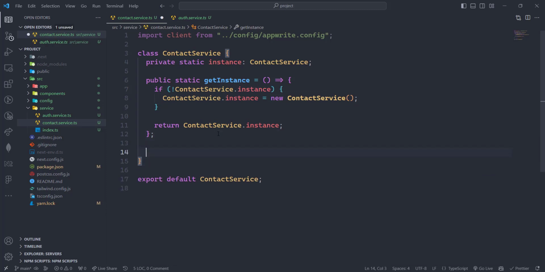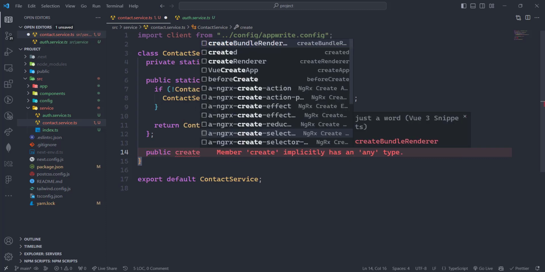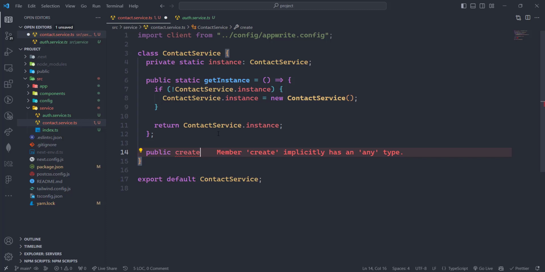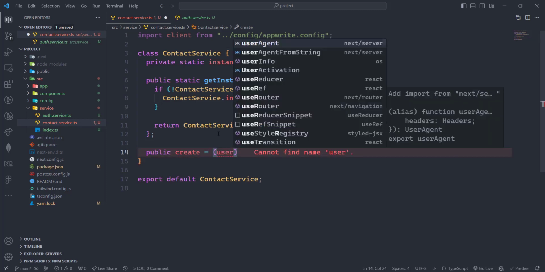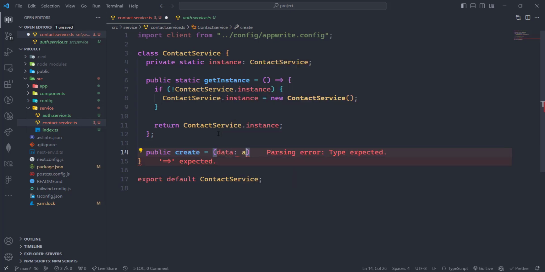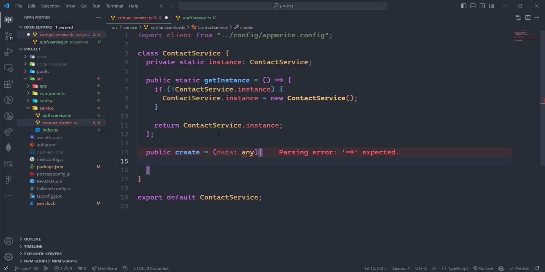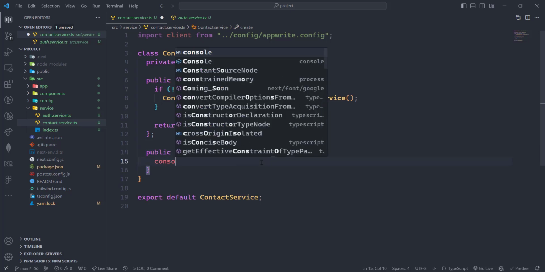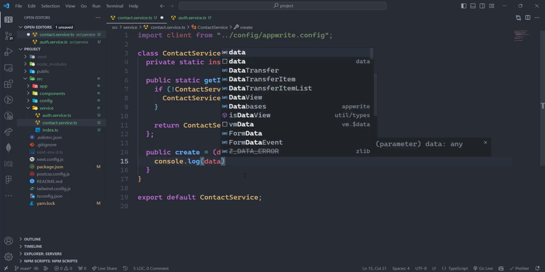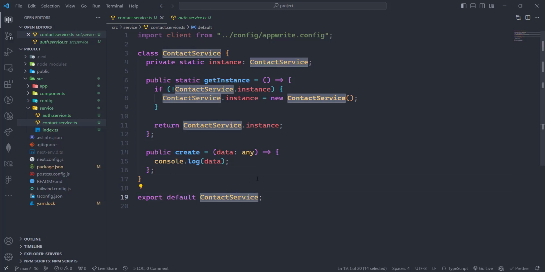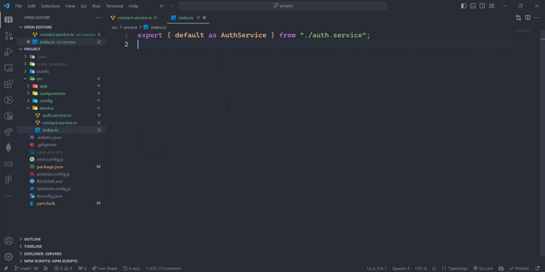Now we have to create one function, and that function will be to create. So create here, and here we need the data, and let it be of type any, and we will create a type here as well. For now let it be the type any, and here I'm just going to console.log our data. Just save this. Now we have created the basic contact service, this is the base of the contact service, and now let's export this service here, that is contact service from